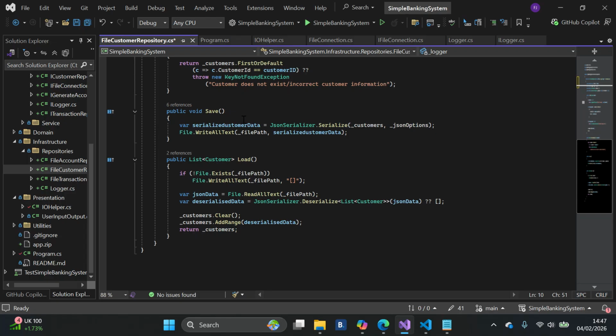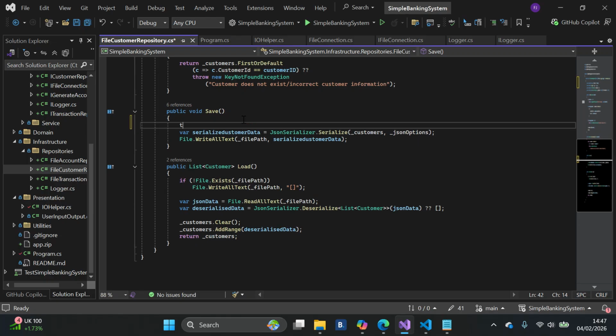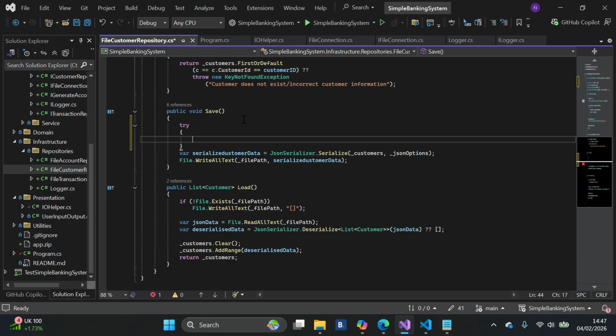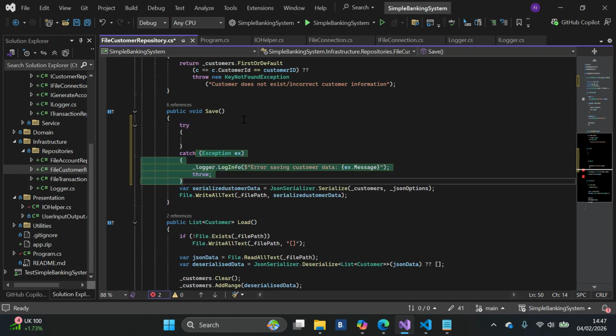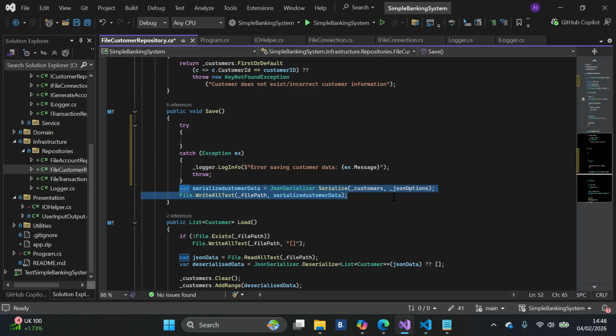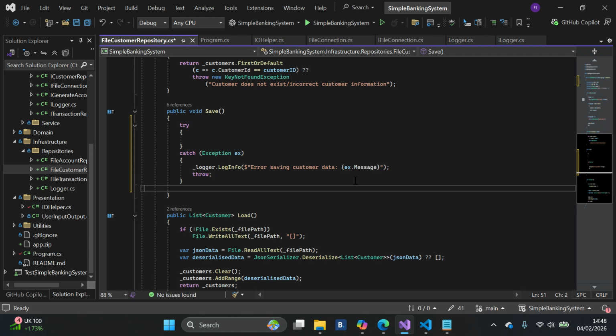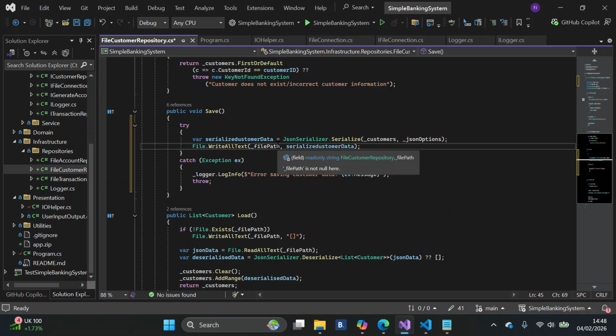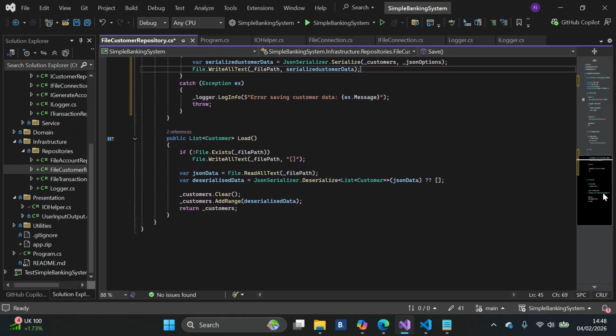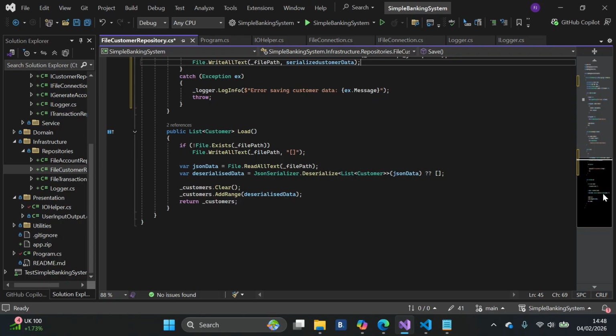So here I want to say try catch. So we are removing this and we are putting this in here. So try this, and whatever error comes, log it, then throw the exception. So here we can also add that. Let's remove this and do